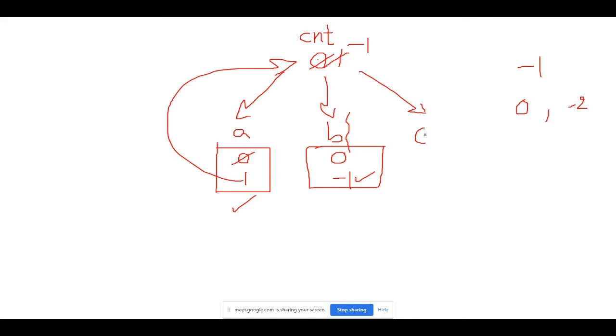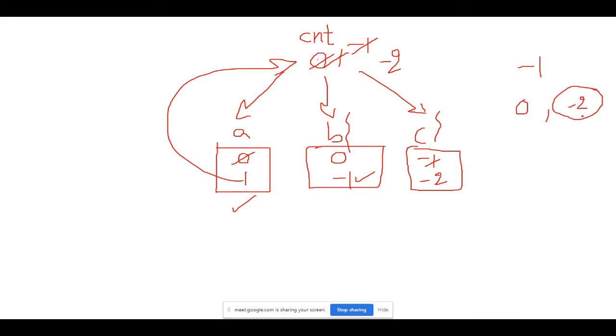Now there is one more thread, C. In the CPU core allocated to him, he will fetch -1 as the count variable value. And by calling the decrement method, he decrements it and writes this value in the count variable. So it is -2. That's why we got to see -2 in one of the outputs.